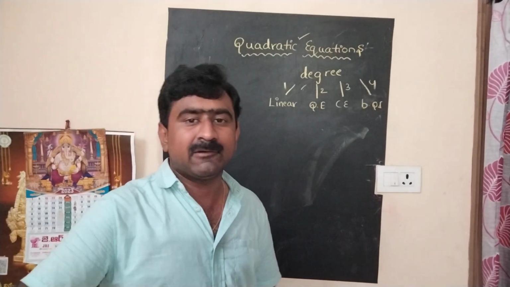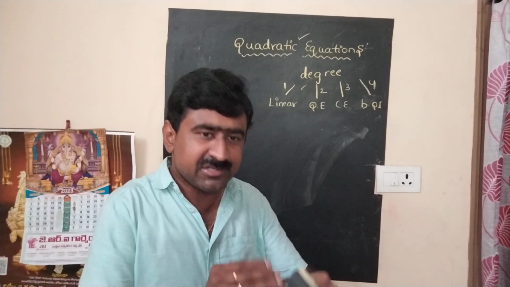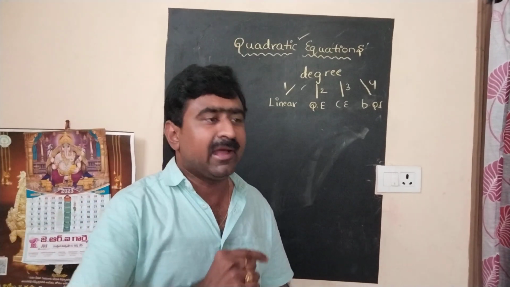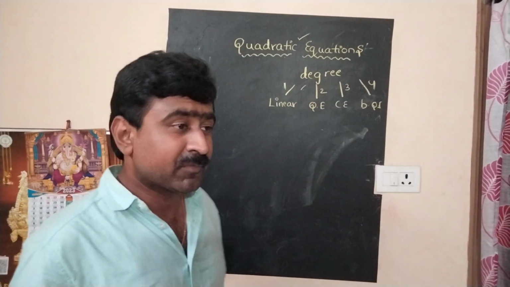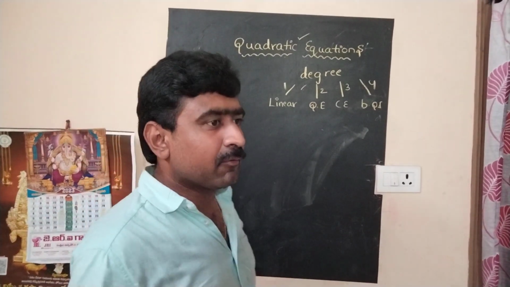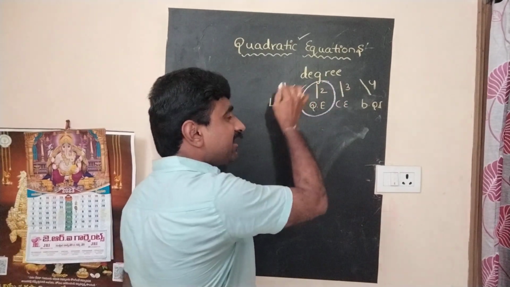If you observe the linear equation, quadratic equation, cubic equation and biquadratic equation, all these equations are differentiated according to their degrees. Degree is nothing but the highest power. So basing on the degree we have classified the different types of equations. Right now we need to discuss the general structure of a quadratic equation. As we know, in a quadratic equation the degree should be 2, that is, the highest power in that equation should be 2.